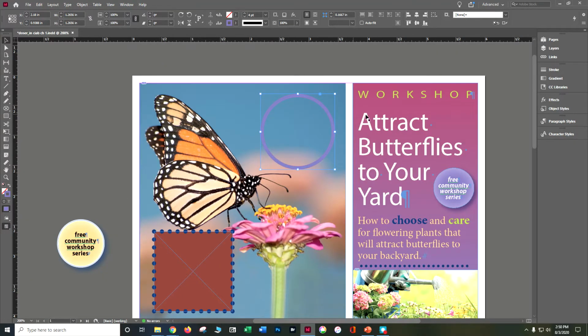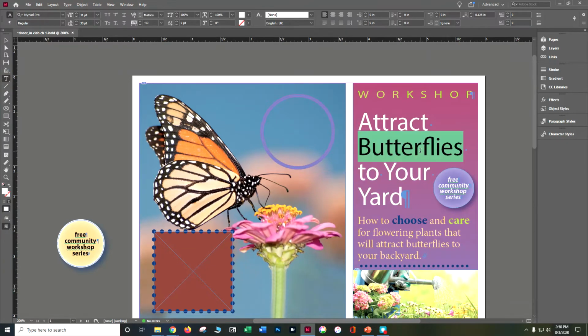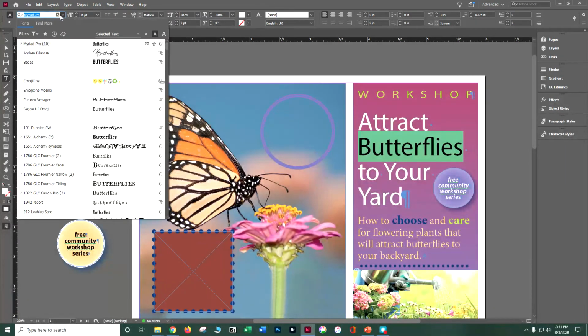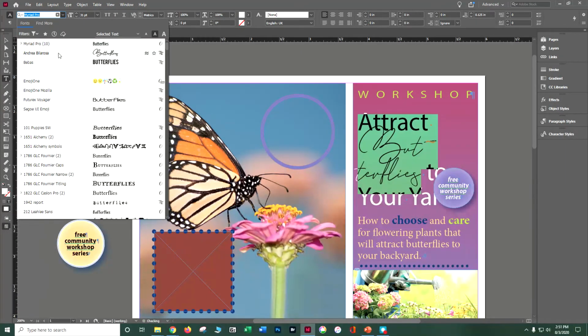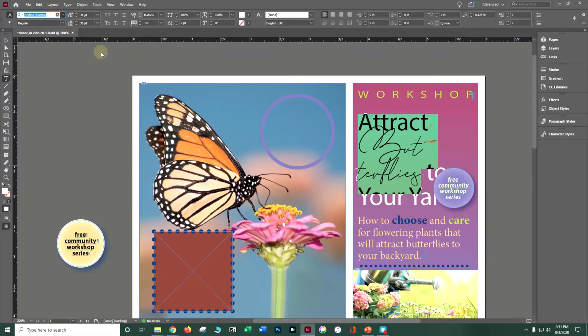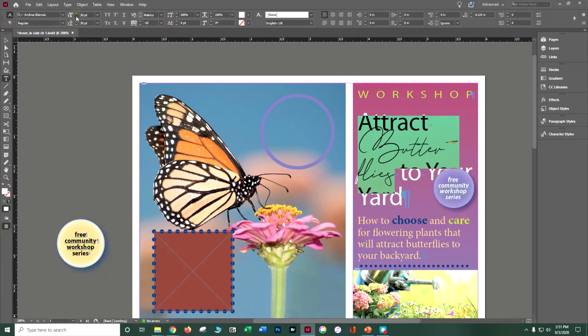Alright, let's go ahead and play with our type again. So let's grab our type, and I'm going to hit this word butterflies. If I double click in it, I can just select the word butterflies. So right now it's Myriad Pro 31. So let's go ahead and make it something else. I'm going to go ahead and make it into some type of scripty font. It'll depend on your computer as to what you have there. Now I have a problem in that it just hyphenated, so I need to go ahead and bring my point size down,